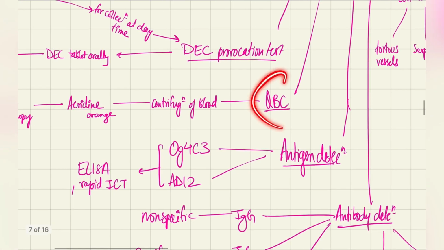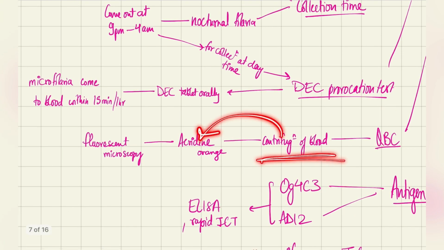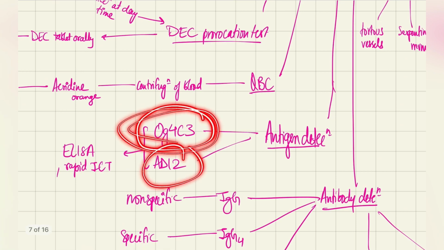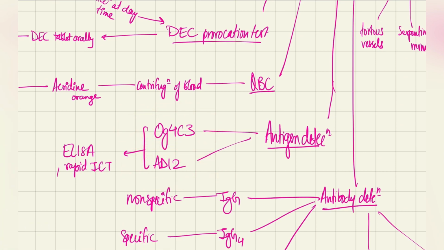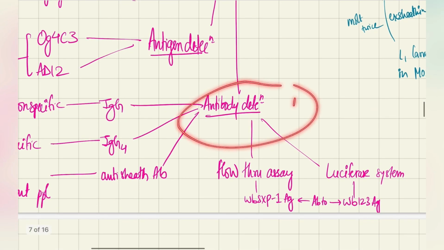Now coming to the quantitative Buffy coat examination: centrifugation of blood and then staining with acridine orange, we can observe the microfilaria under fluorescent microscopy. Okay. Now antigen detection, OG4C3 antigen and AD12 antigens are present, and this can be detected by ELISA or rapid immunochromatography testing. Antibody detection,